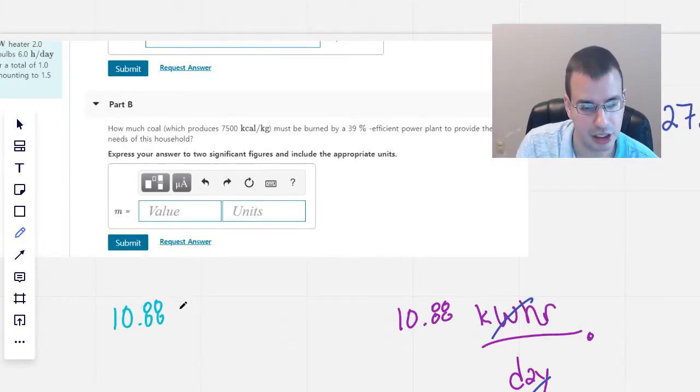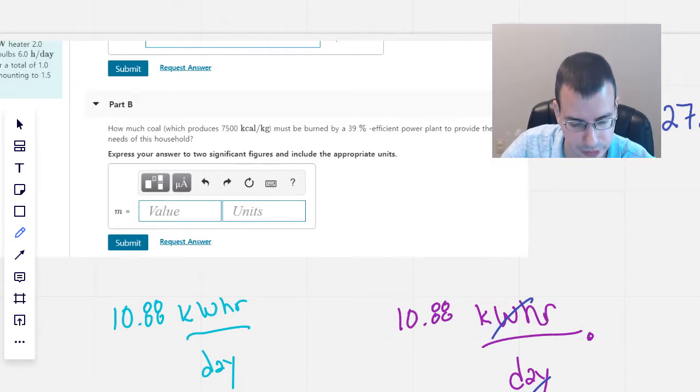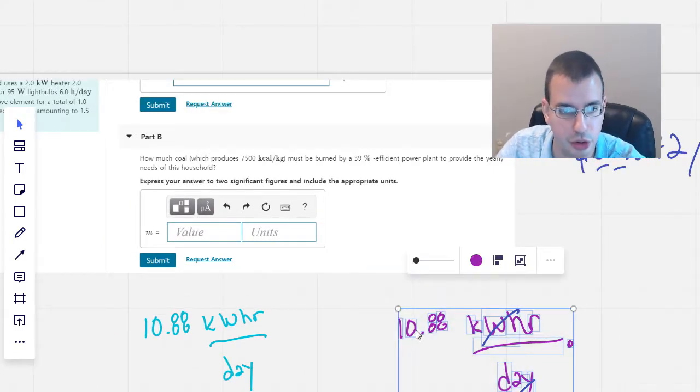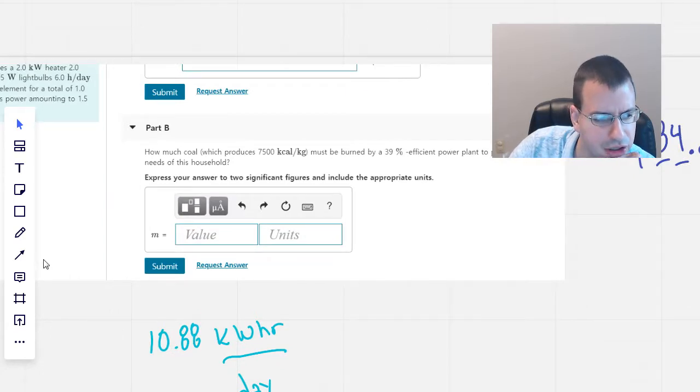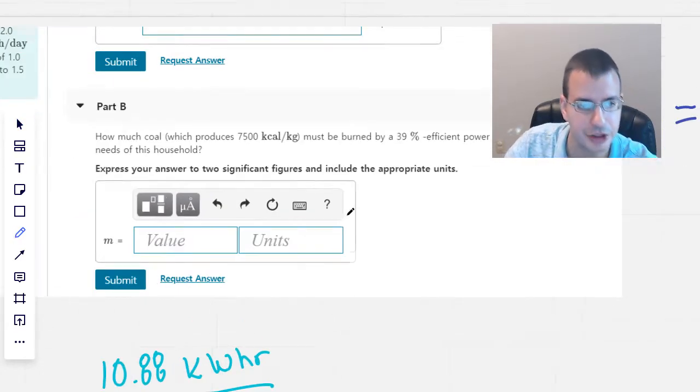10.88 kilowatt hours per day. And we want to convert this into kilograms of coal. Okay, so we have